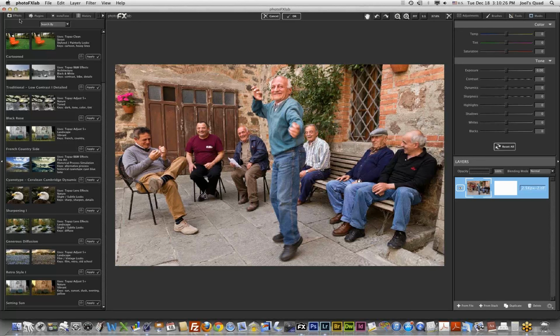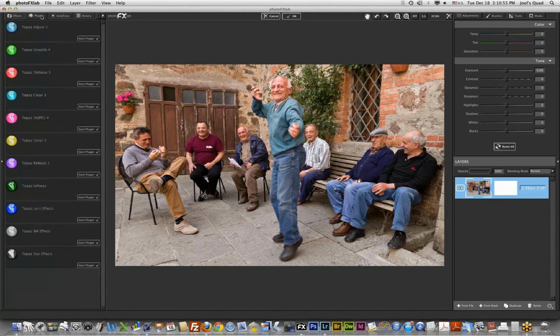So if you look over on the left, you notice I also have tabs. So in addition to all these presets, and those of you that don't know what a preset is, it's basically a combination of settings in the various plugins that Topaz has developed to kind of give you a quick and easy way to do various things or come up with special effects. And if you get this program, I would certainly encourage you to try some of these presets. But in addition to that, you have all these other tabs, and the main one we're going to use today